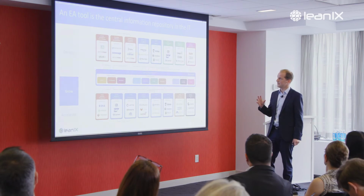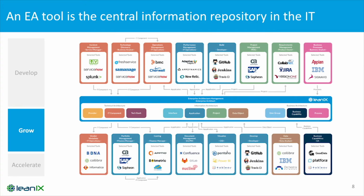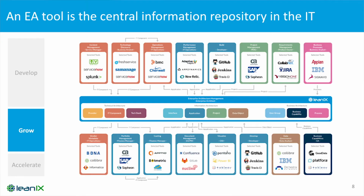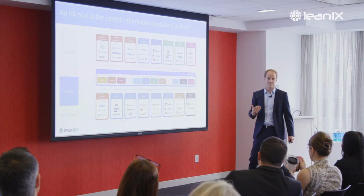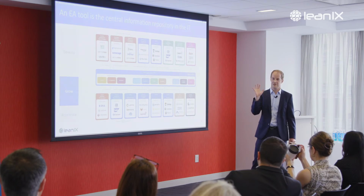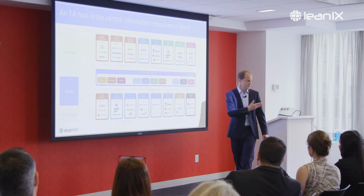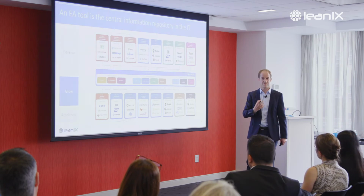If you look at the whole picture, and this is the enterprise architecture management discipline here in the center, there are a lot of disciplines around that are relevant to our ecosystem within EA. So we see incident management. Andre gave the example of ServiceNow. We see performance management, where we have the example of App Dynamics. We have project management, where it could be very relevant to have those projects also within LeanIX to be able to relate applications to them. We've got the business process world, where it's also important to provide a repository of applications for the business process modelers. We have costing, where Apteo, we discussed it, was one of the where we see the highest demand, at least in the European market. We have definitely visualization,